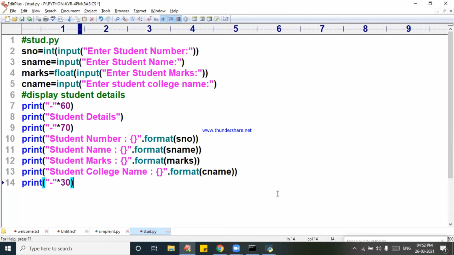I will give homework now. Write a Python program which will accept employee data, such as